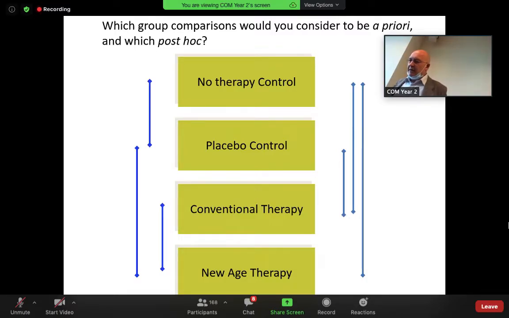So we've got 4 groups, and if we take comparisons 2 at a time, there are 6 such comparisons. If you've got 3 groups, there are only 3 comparisons. So let me just go through those. A versus B, A versus C, and B versus C. Okay, the order doesn't matter. So for 3 groups, there are 3 comparisons. For 4 groups, there are 6 comparisons. And the number increases as you increase the number of groups.